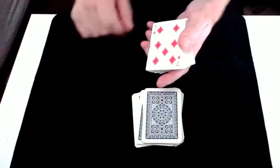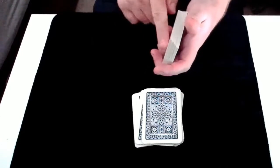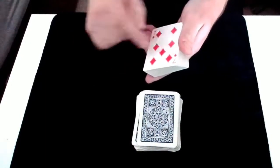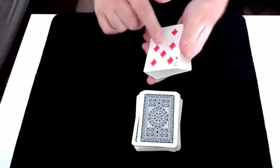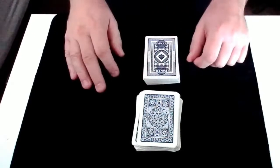So in this case it's the 7 of diamonds. Obviously you don't make it obvious, just as you're shuffling you just glance and spot the 7 of diamonds in this case, and that is the only card that you need to remember. That's the key to the whole trick. You don't need to remember anything else other than this card for this trick to work. That's your key card. So once you've glanced and remembered that 7 of diamonds,